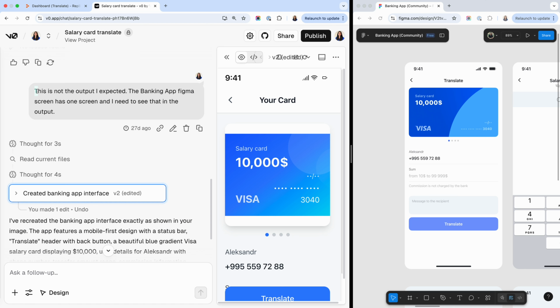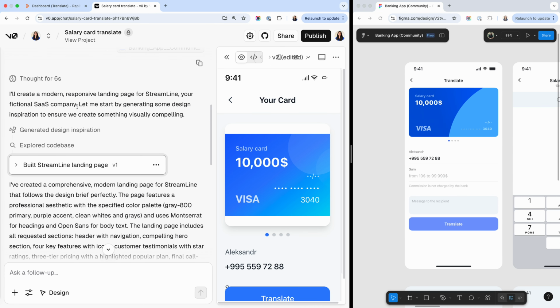Replit actually got it right in the first attempt itself, whereas in Vercel I had to do a follow-up because the first version was not up to the mark. In the first version of V0's output, I got a completely different UI. I had to add a follow-up prompt in order to get the desired output. Regardless of these minor hindrances, I found Replit and V0 to be equally good in delivering on this feature.